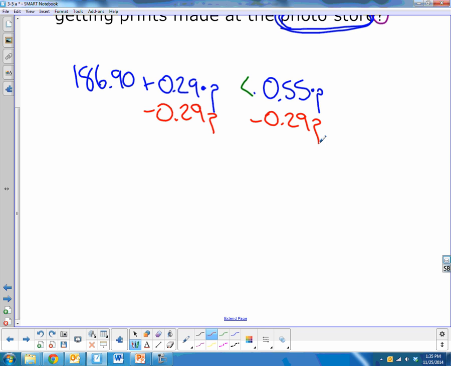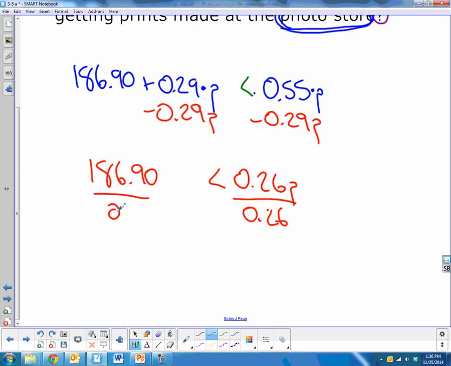It's a lot of p's. Okay. And I'm left with 186.9 is less than, oh, what would I get there? 0.26p. Double check my math, but I'm pretty sure that's right. Now I need to get p by itself, so I've got 0.26 times p, and I'm going to divide both sides by that 26 hundredths. And I'm looking at a calculator here quick, 186.9 divided by 0.26. Okay, so I'm going to divide by 0.26, showing my work. Even though I'm using a calculator, I'm still showing my work. And that means that I've got